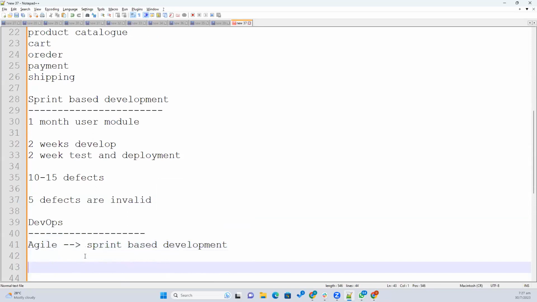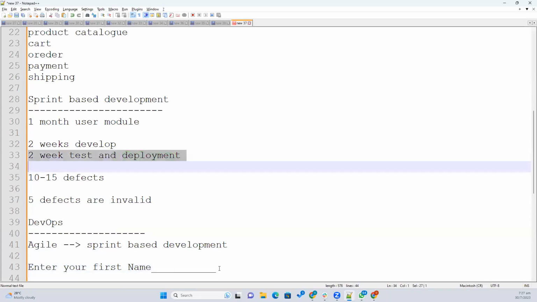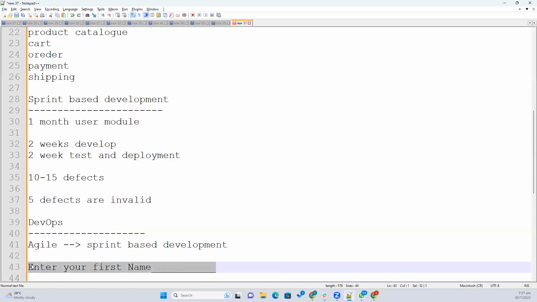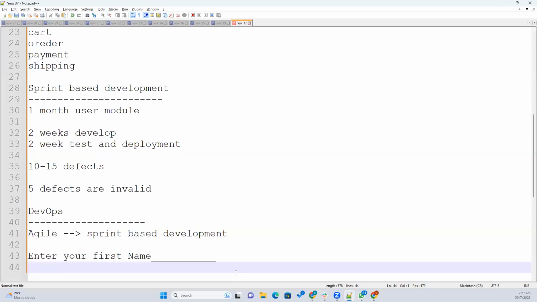Maybe I'm the developer. I developed one field for today. Enter your first name. So this is what I developed on day one. Okay. So why should testing guys and deployment guys sit idle? So they can at least deploy this. Once, as a DevOps guy, you deploy this one, testers can do the testing independently, right? They are not dependent on developers. Developers continue with their development, but testing guys can do the testing.